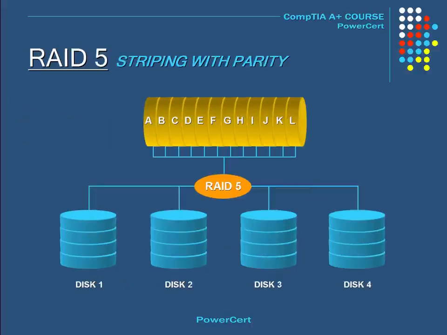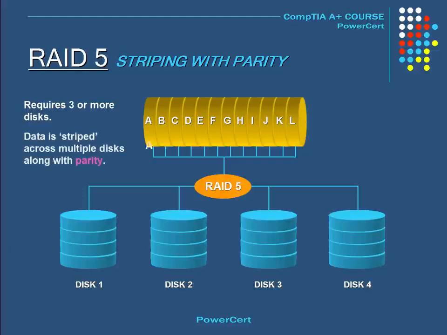Next, we'll talk about RAID 5. In order to use RAID 5, you need to have 3 or more disks. RAID 5 is probably the most common setup that is used because it's fast and it can store a large amount of data. So in a RAID 5 setup, data is not duplicated, but it's striped or spread across multiple